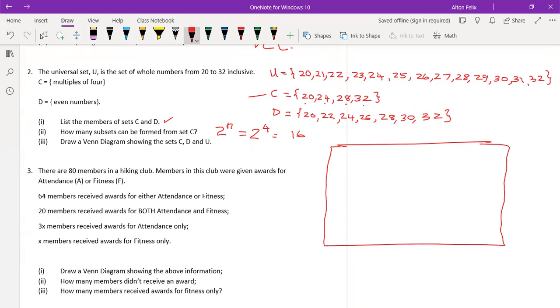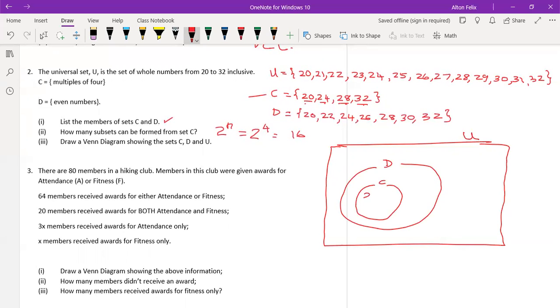Right. So this set here is our universal set. Let's put in the members of C and D first. Notice all my members in C are included in D. So it means that C would be a subset of this bigger set here, D. Right, so let's get in those 4 members of C,